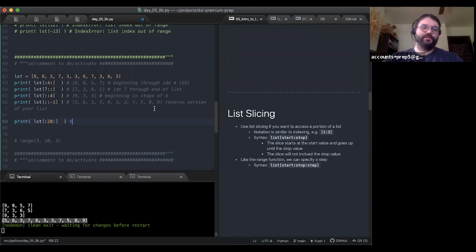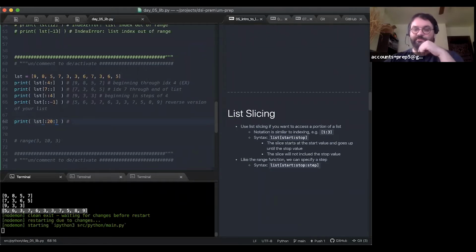Cool. So we've got a variety of answers for this one. I'm seeing some people say that this is going to be an error, and this is reasonable to think because if we were indexing, this would be an error. There are not 20 elements. There is not an index 20 here. So we can't index into the location 20. We can slice and use something that is beyond the bounds of the list, though.